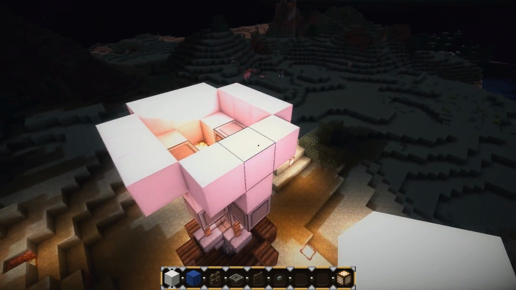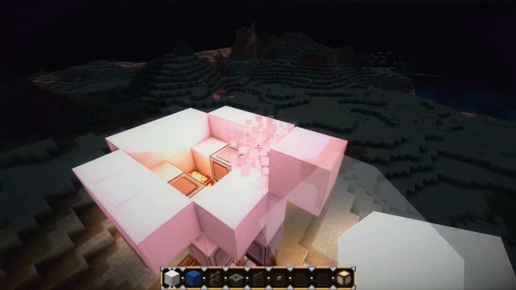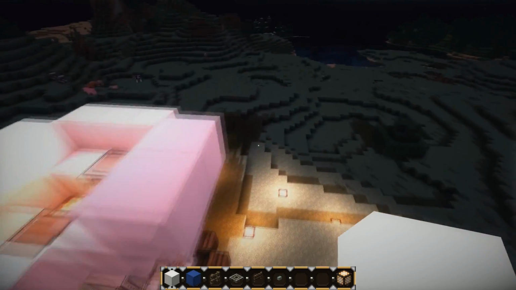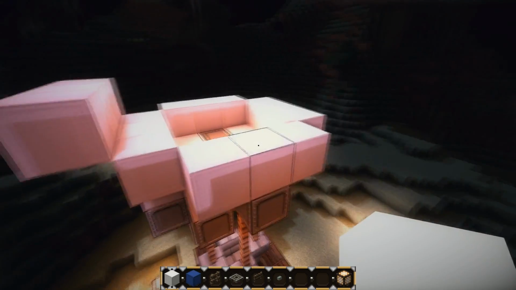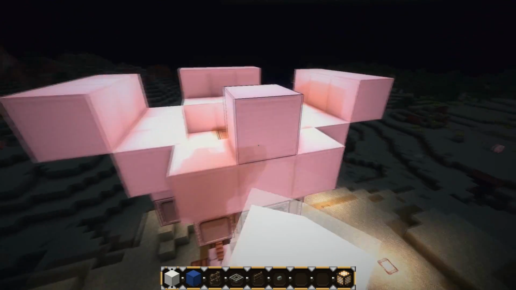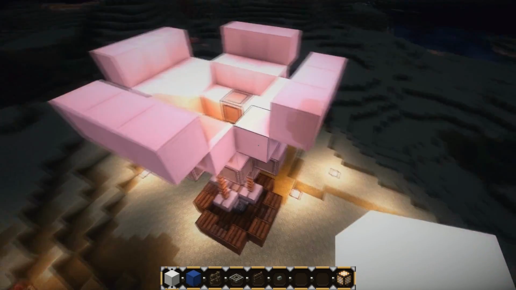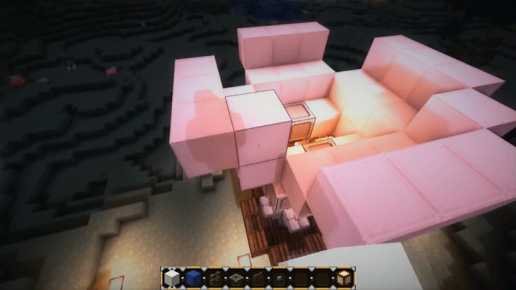And after you've done that, you do exactly the same again, but one block to the right from my view, well, now to the left, and do that on all of the sides here, just like that. These blocks look weird and pink right now. That is really strange. Okay, so after you have that, you can actually complete the circle by just placing the